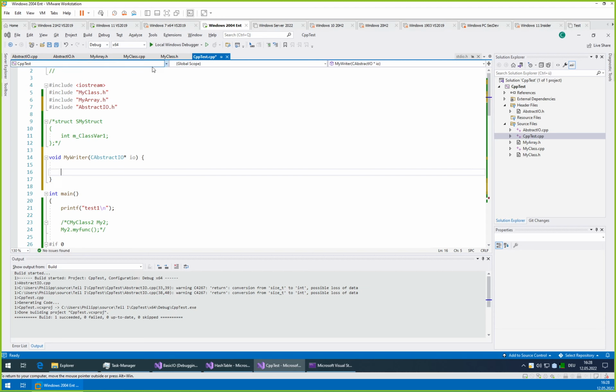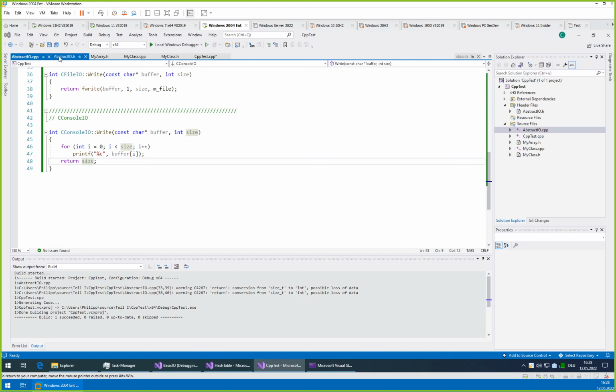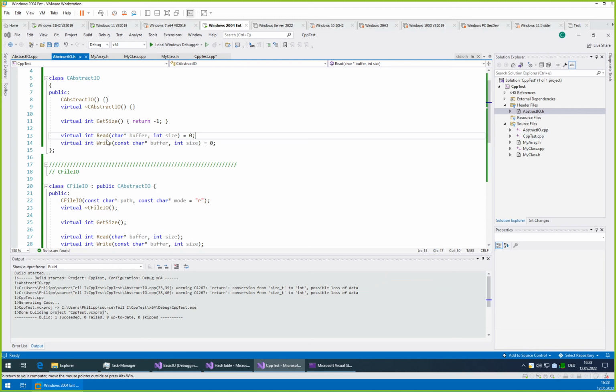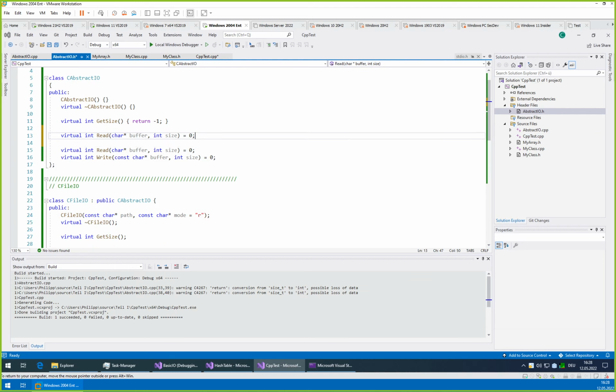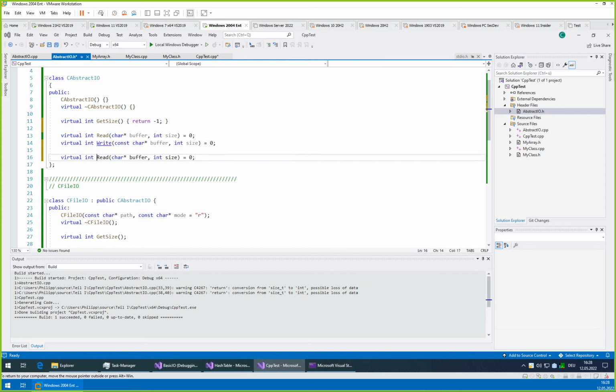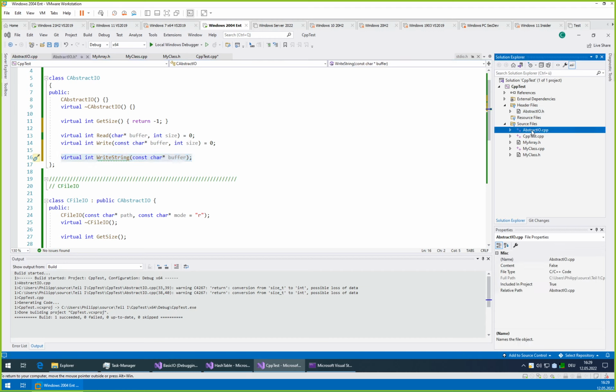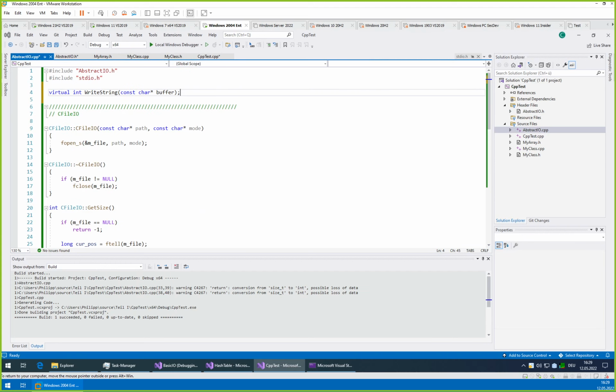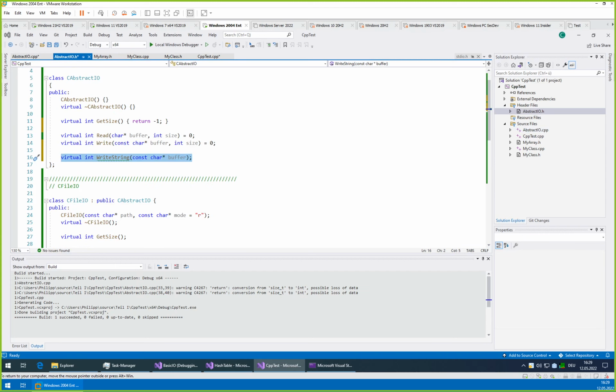Oh, that's good. We can also demonstrate at this opportunity another nice feature. We can implement something on the abstract IO that will be using the virtual functions which do not exist on it. So let's call it write string. The difference between write and write string is that write string takes a buffer and expects a null character to terminate it, so it does not need the size argument. This is smart enough on its own. Abstract IO.